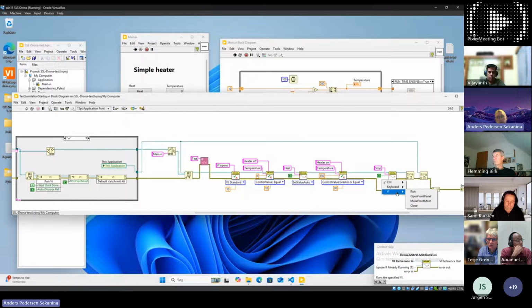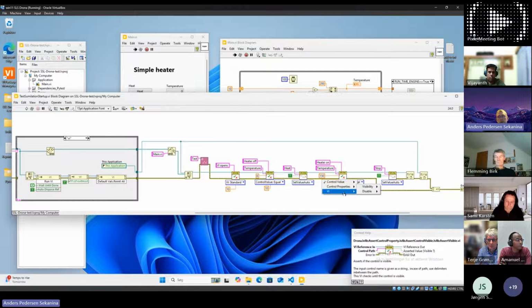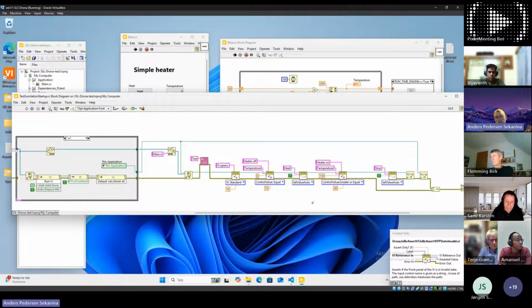There's actually a lot of different things you can set. And in the read, you can also read a lot of values or properties. Or in VI, you can see if the VI was opening or how it was. So it has implemented a lot of different things.